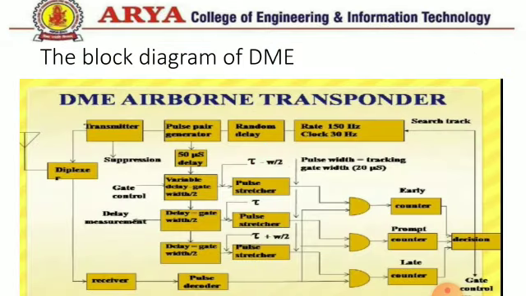The block diagram of the DME airborne transponder is shown in this figure, wherein we have a crystal controlled synthesizer which can generate 126 spot frequencies around 45 megahertz. This is multiplied, and the output power of the final amplifier is in the range of 50 watts to 1 kilowatt. There are two modes we can operate, one is search mode and the other is track mode. The receiver of the interrogator can operate in both modes.